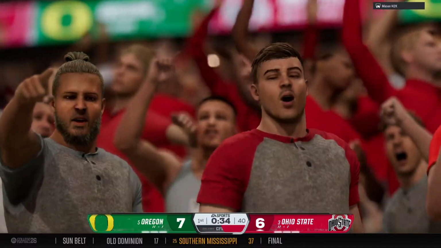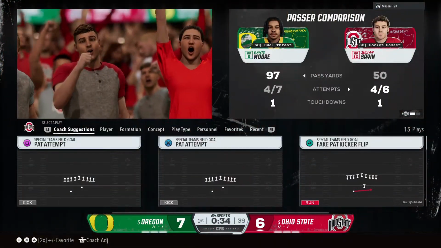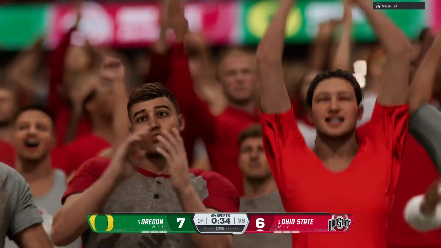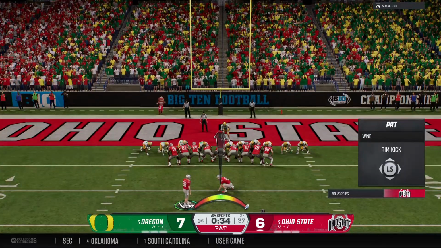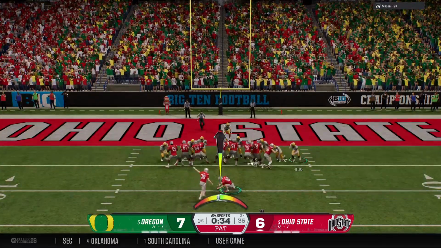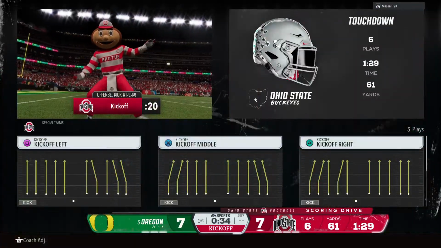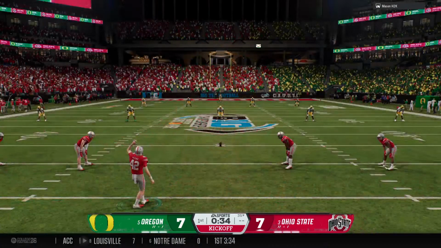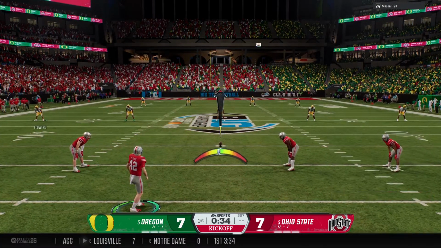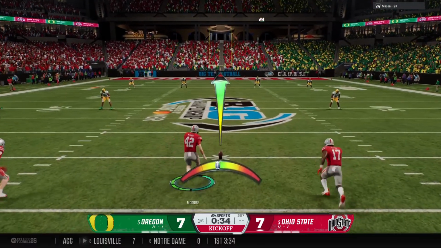This guy can do it all. We've seen him go behind coverage and make plays downfield. We can see him catch the ball underneath, just like this. And when he catches a football, he is so dangerous after the catch. This one leads him into the end zone for the 6 points. No problem with the PAT, right down the middle. Kickoff team out there, they are fired up after just scoring a touchdown.